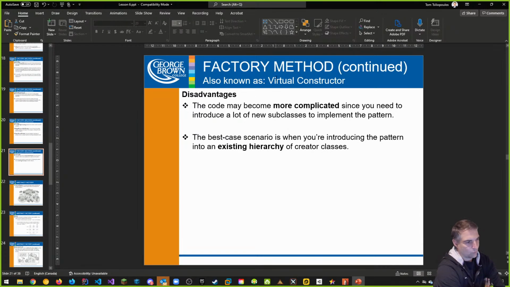Does anyone not understand why they would use such a thing? And in Unity, some of the questions I always get is, well, why do I need it? Because I already have a prototype, like a prefab. Why do I need a factory for that? In many ways, the answer, I'm going to answer my own question because you guys aren't asking. But in many ways, what it comes down to is,